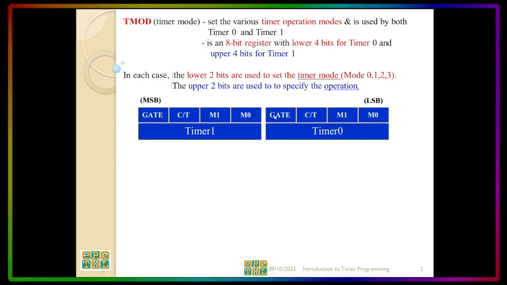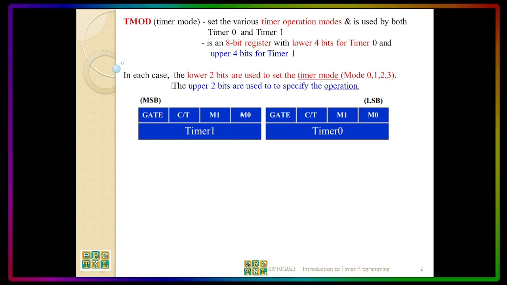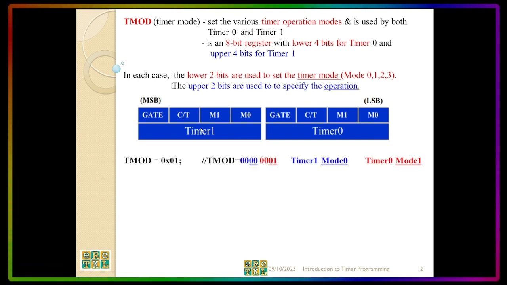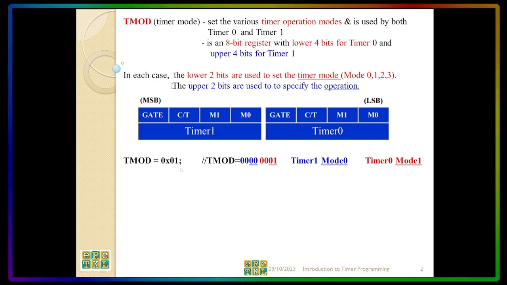This belongs to timer 0. And then the other half are M0, M1, C/T, and gate. This belongs to timer 1. So timer 1 is on the most significant bit part, and on the least significant bit part is where timer 0 is. Example, TMOD = 0x01;